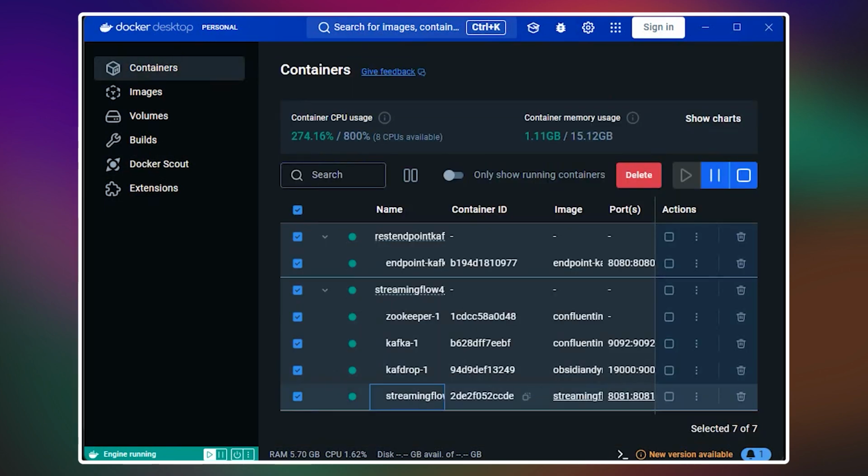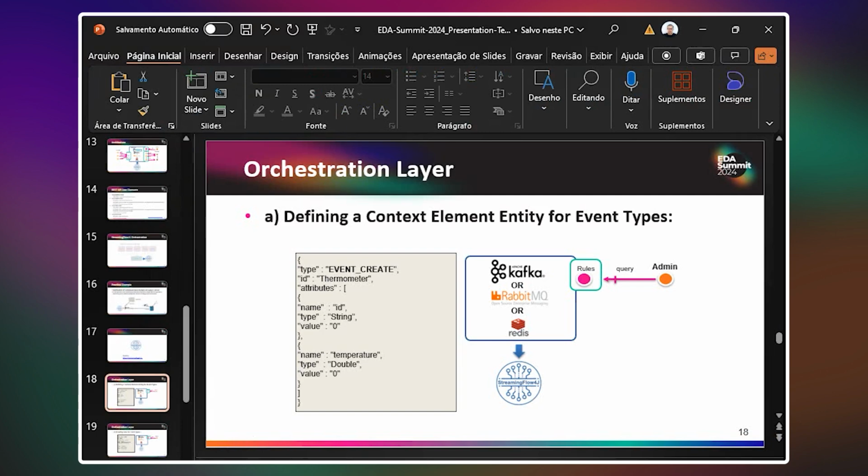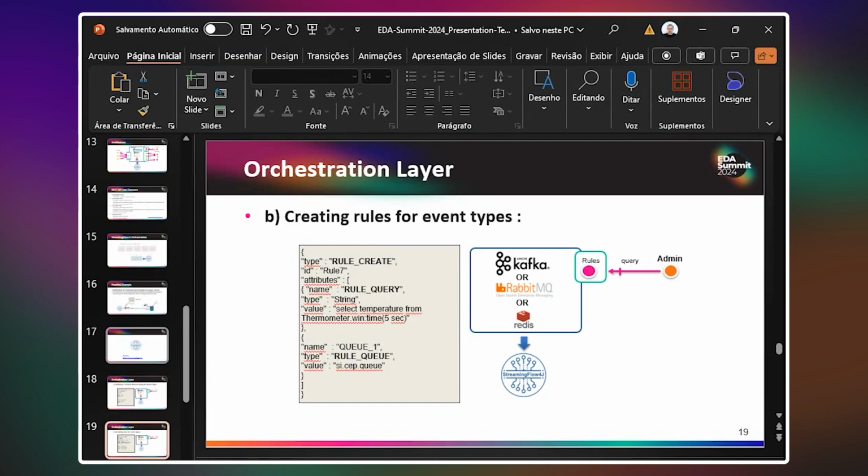If you check it out here, let's go check it out. Look, this is the result. It already created the event, but there is no behavior because there is no rule. The second thing that you should do is create some behavior, so following the next step is to create a rule. And it's the same, just a change for the types that I presented before.